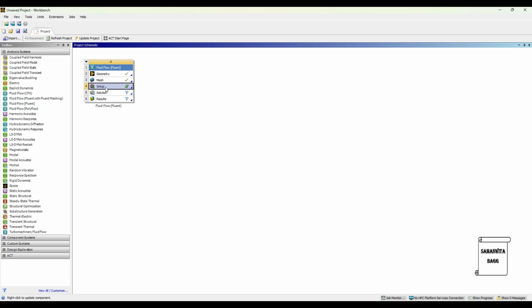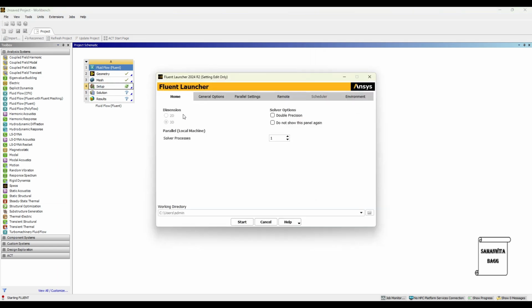Now I'll go to setup and double click. Here I will click double precision, start.